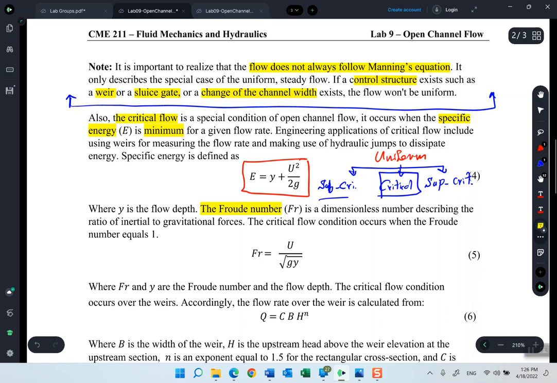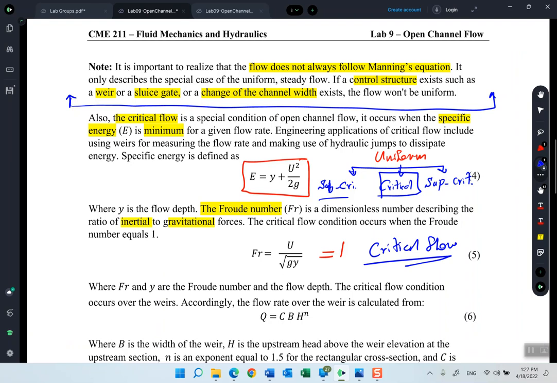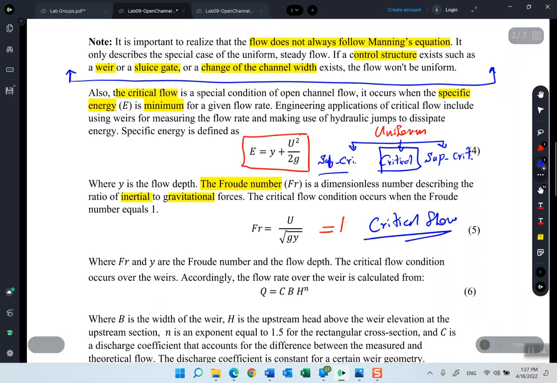And Froude number is a ratio between inertia and gravity forces. So if you reach a situation when Froude number is equal to 1, this means that you are actually dealing with critical flow. Critical flow has several advantages and several disadvantages. We are not going to mention them here, but the main